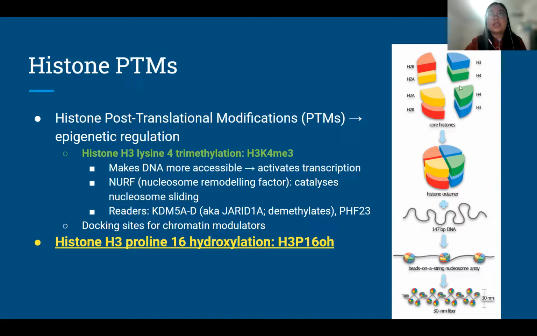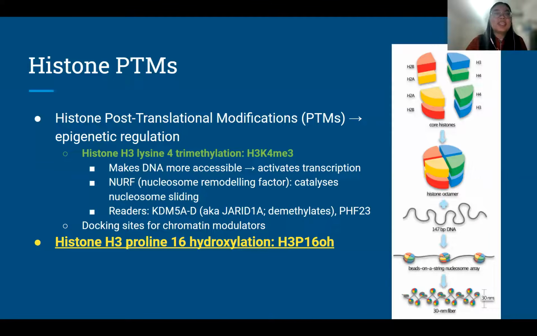So I've attached this diagram showing the histone structure here. Basically speaking, the blue subunits here would be the histone H3. That's on a nucleosome, and that's how they package the DNA. Anyway, so basically what H3K4me3 does,